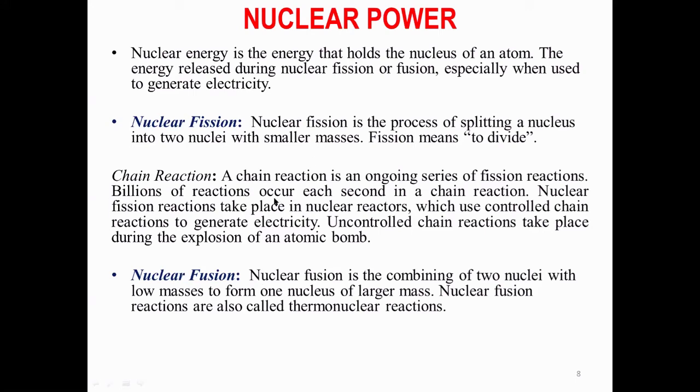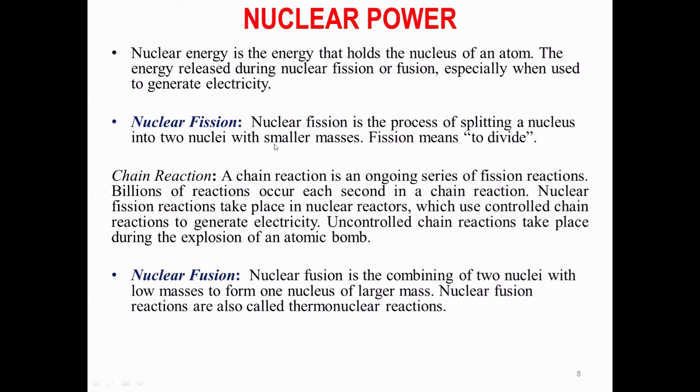If it is a controlled reaction, then it's called a chain reaction. If it is uncontrolled, it results in the explosion of an atomic bomb, which is catastrophic in nature. So proper care has to be taken while doing all this. It is very useful for us in power production. It might solve all our power problems, but not at the cost of humans or nature. So you have to take a lot of care while using nuclear fuels.